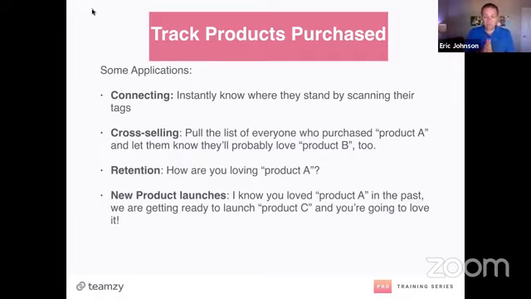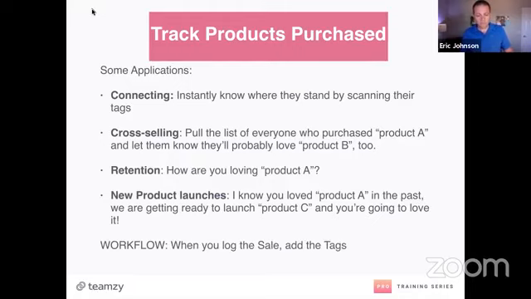Okay, so anyone that ever purchased something in the past and you've got a new product launching, you want to pull those lists so you could let them know, hey, we've got this new thing coming out. It's going to be awesome. Here's, you know, all of the information that you have about the product. You want to be able to connect with people specifically and be educated about what they've had in the past and tell them about what's coming. With me? Okay, so here's the workflow.